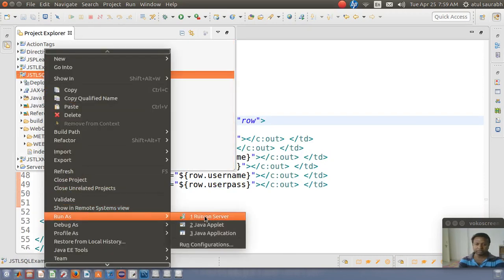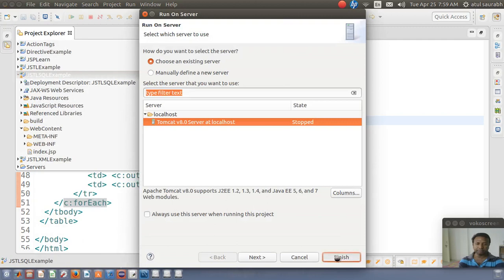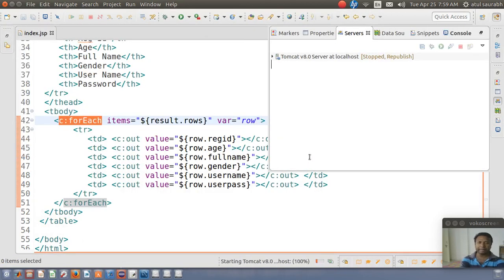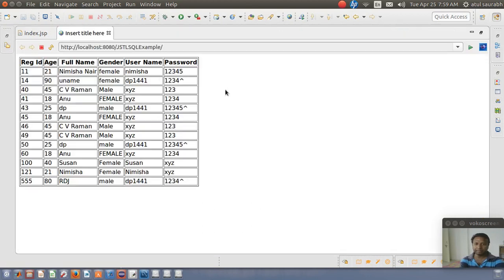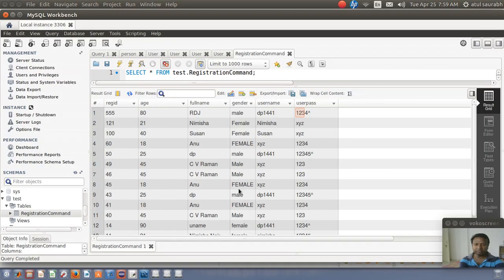Let's run this. Nice. So we are getting all the columns and all the rows. This is coming from the database, right? The first column is 555 80 RJD mail.